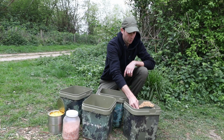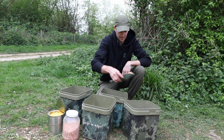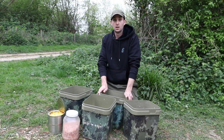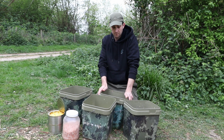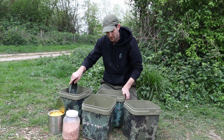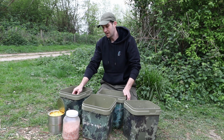Just knocking out a bit of bait ready to go out tonight. Like I said earlier, I've got one night left, and I have seen a few show today, pretty much on me. After that bite I had, I was pretty much on me, so I'm feeling quite confident there's another bite or two to go. So it's just some 10mm cell, and then some cell pellet,